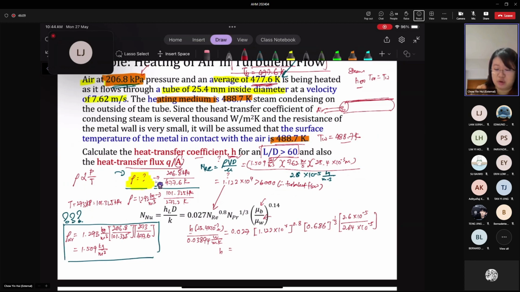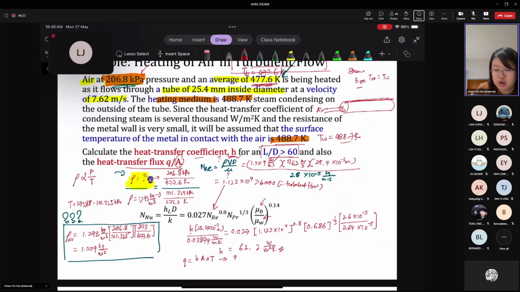So if you solve this, the H value should be equal to 63.2 watt per meter square Kelvin. Okay, but that's not the end of the question, right? You are requested also to find the rate of heat transfer, the Q value. And we know that the rate of heat transfer is equal to HA multiplied by the temperature difference,